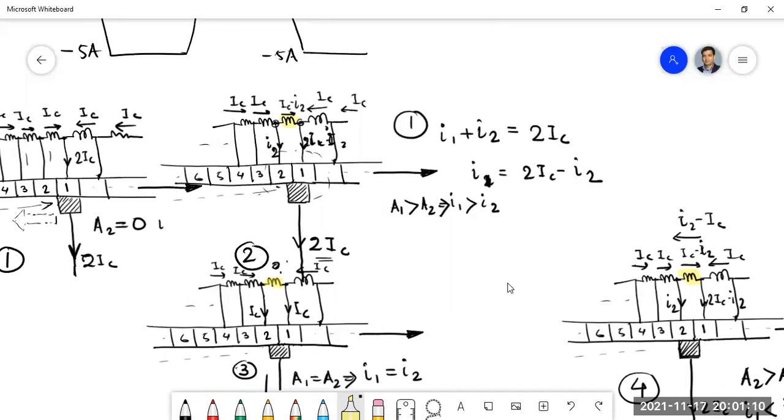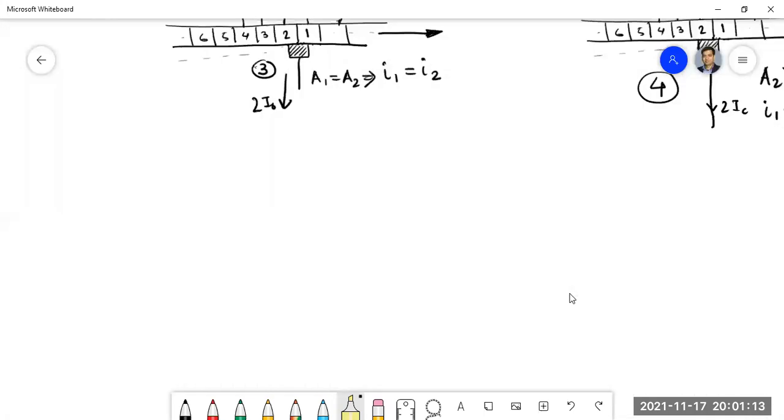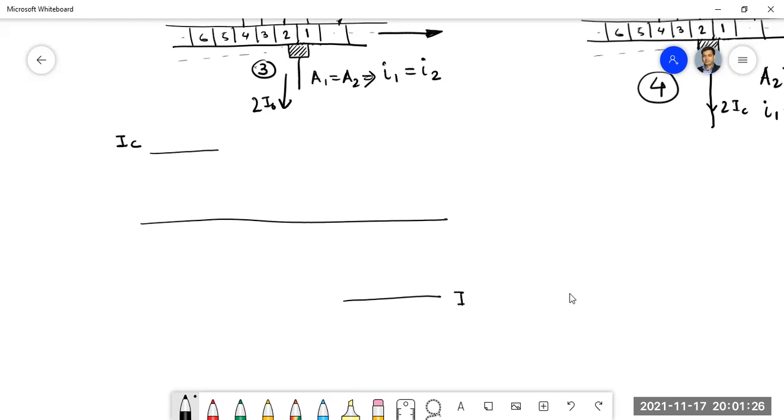Now come to the analysis portion. So that means we can draw this type of waveform. Previously the current was IC. Now it has changed its direction, which means it becomes minus IC. But in between, it has to cover some intermediate phases, isn't it? Some zero value it also has, and some intermediate values with the positive direction as well as with the negative direction.